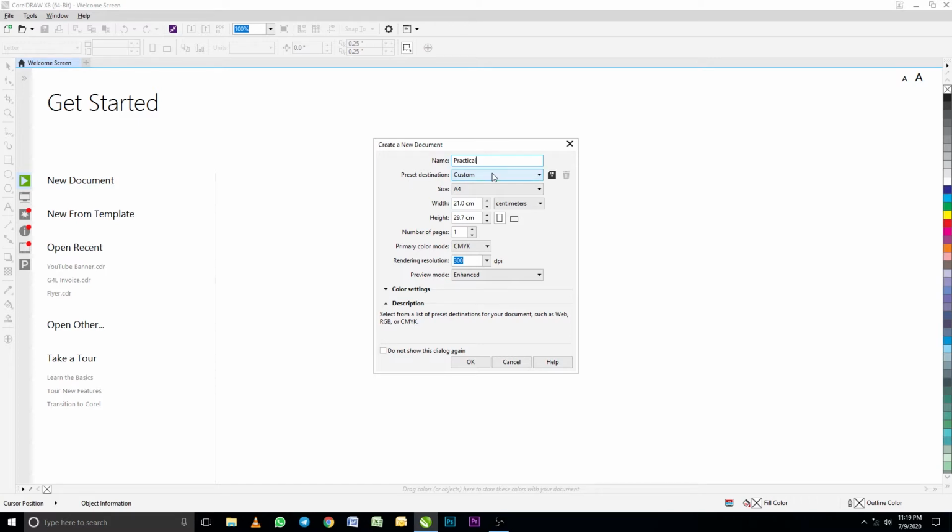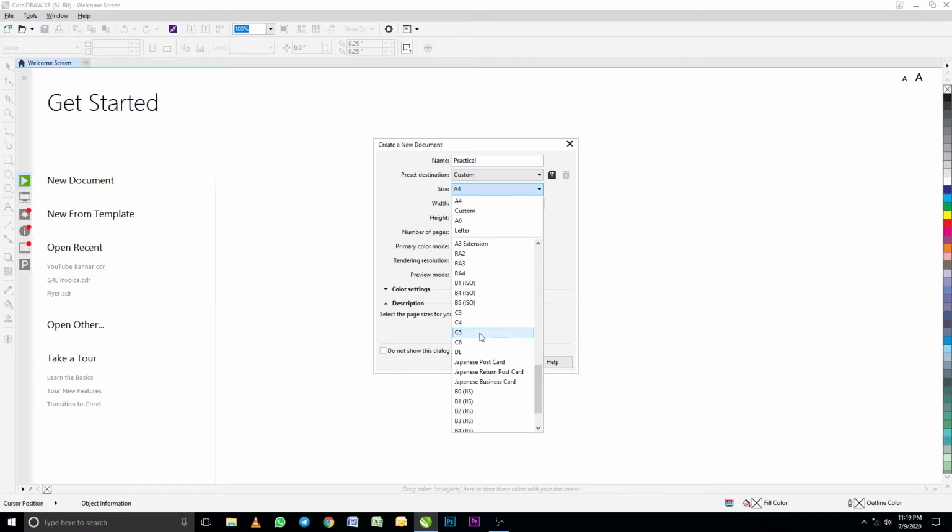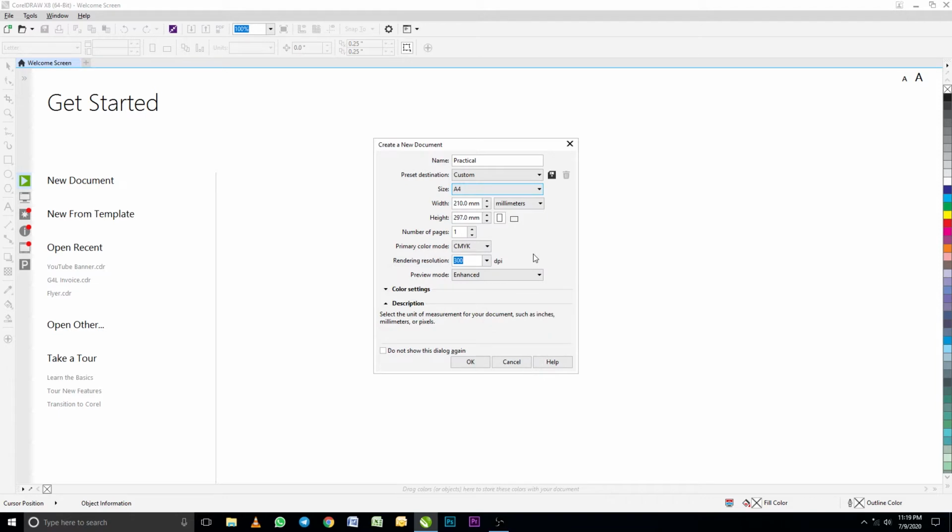The preset destination is going to be left as is. You change the size to A4. When you have CorelDRAW freshly installed, you are going to see Custom as well. So you click the drop down arrow, then you go through to select the A4. Okay, after selecting the A4,